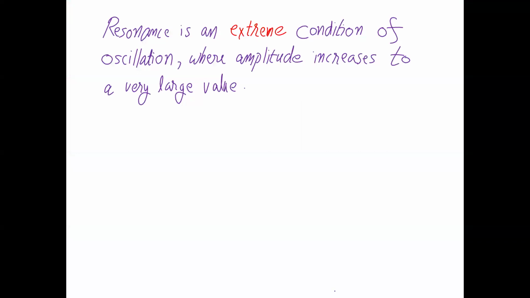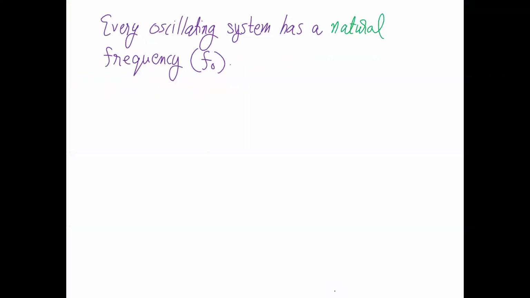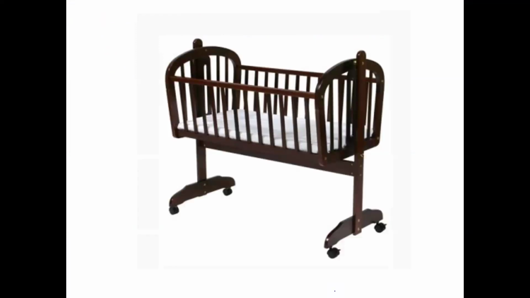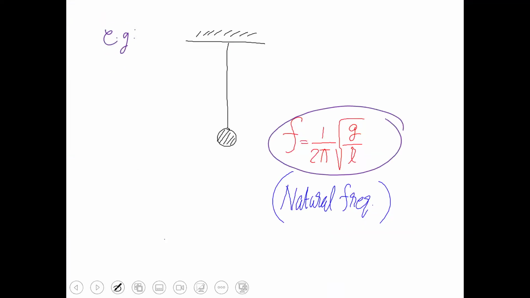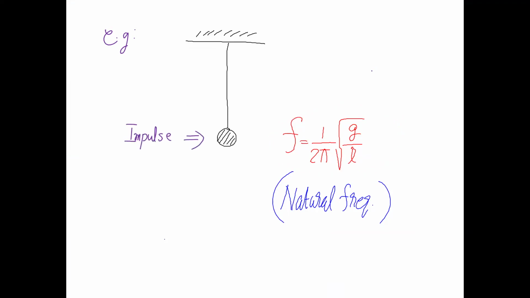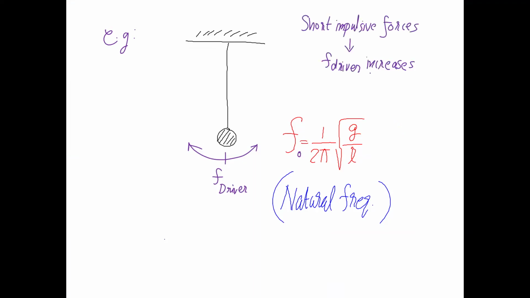What is resonance? Resonance is an extreme condition of oscillation. Everything has a natural frequency. For example, this is the frequency of a simple pendulum. Now you give it an impulse, and the object begins to oscillate. This is the driver frequency. Now you increase the driver frequency by giving impulses,